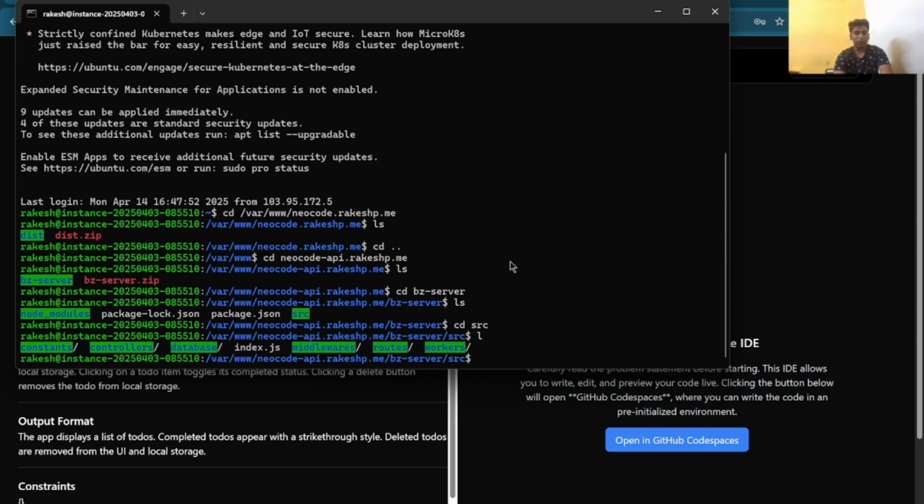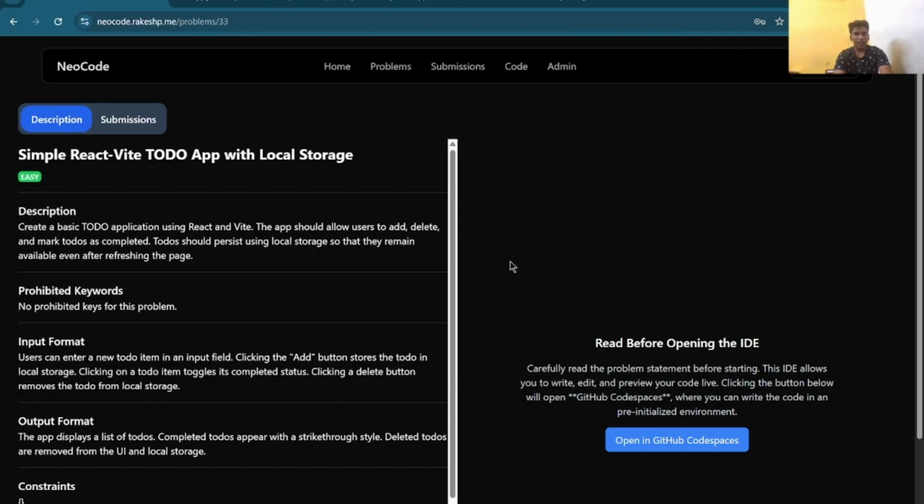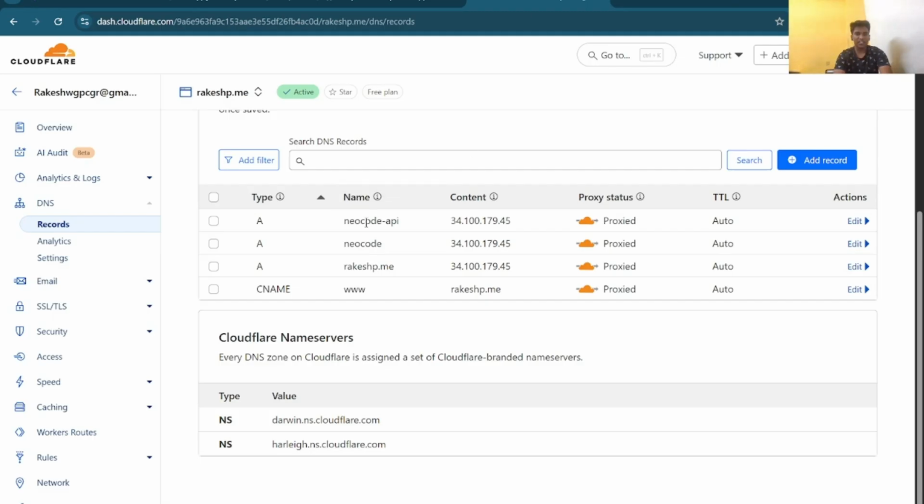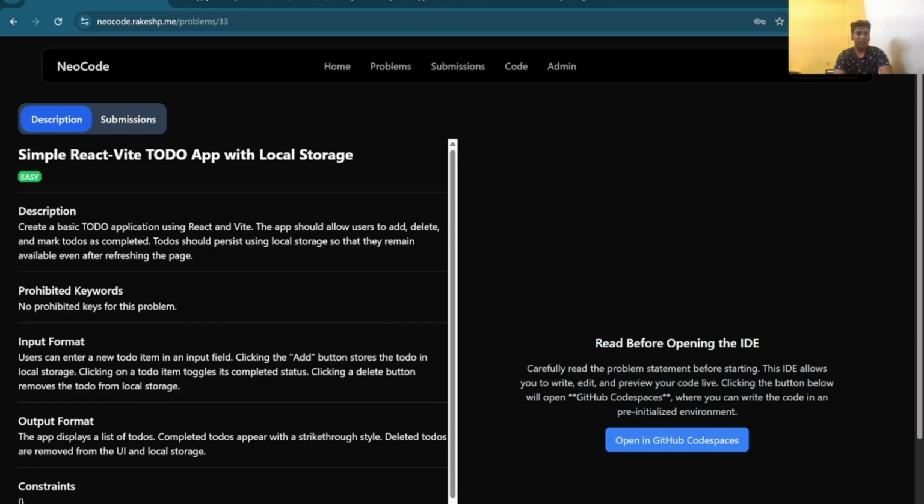So here is how I uploaded all my files into the AWS EC2 instance, and after connecting that instance with my domain, I was able to deploy it on the net. So this is how my